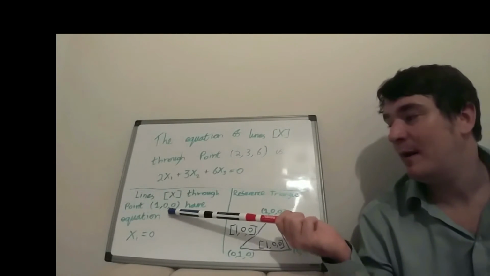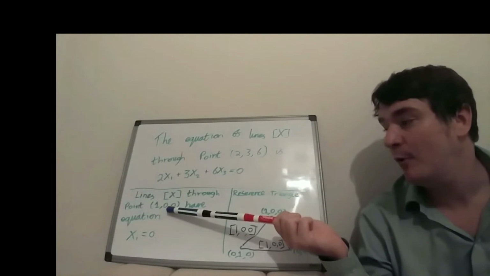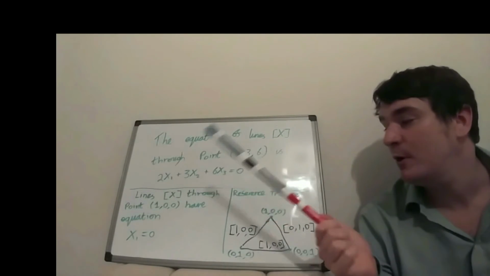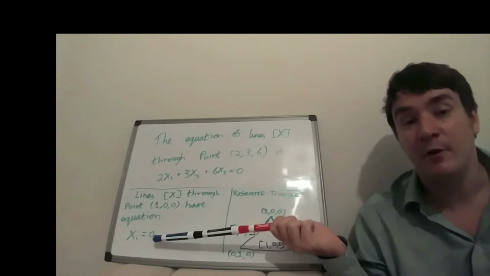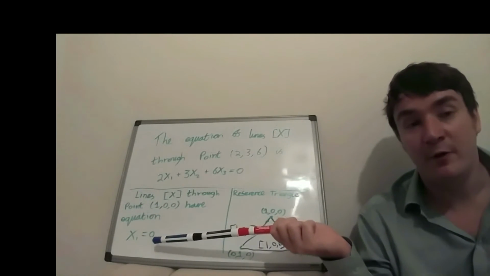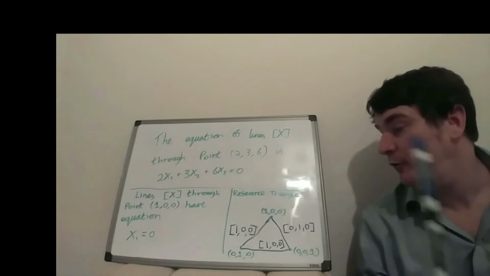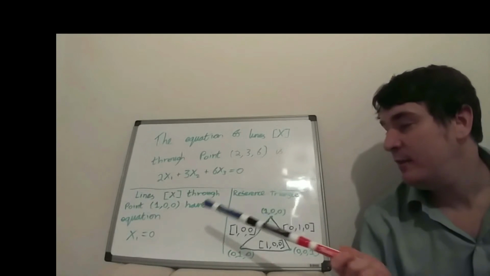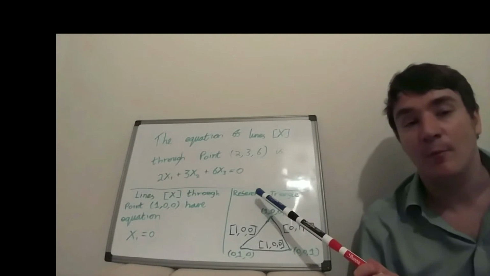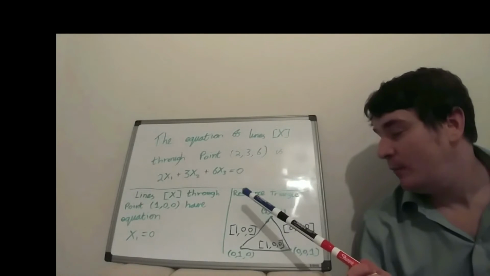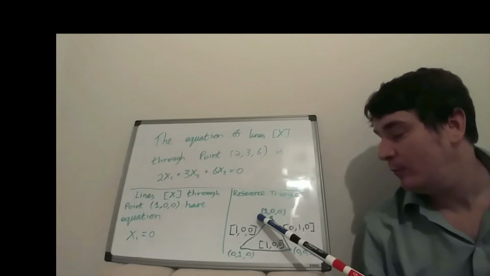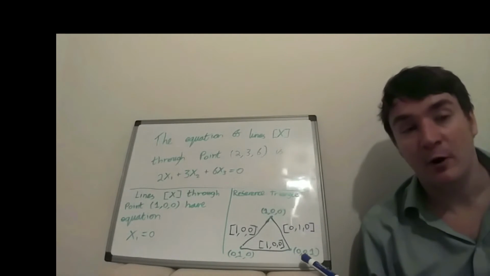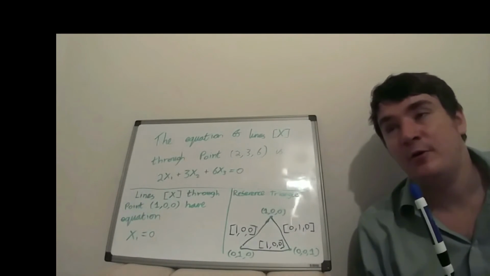We can also think, for example, about all the lines capital X through the points 1, 0, 0. That's obviously a special type of point. Those are all the lines which have an equation capital X1 equals 0. And by continuing this reasoning, we can then think about this reference triangle. So we have these three special points, 1, 0, 0, 0, 1, 0 and 0, 0, 1. And they're special points in our